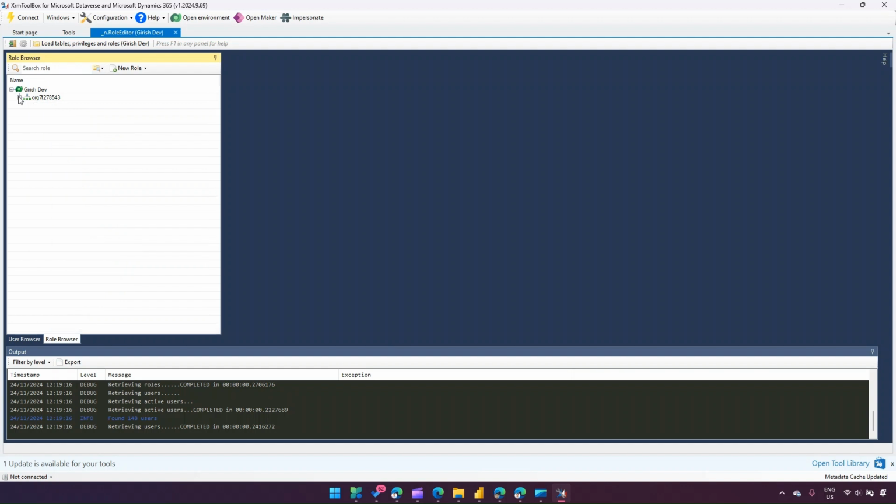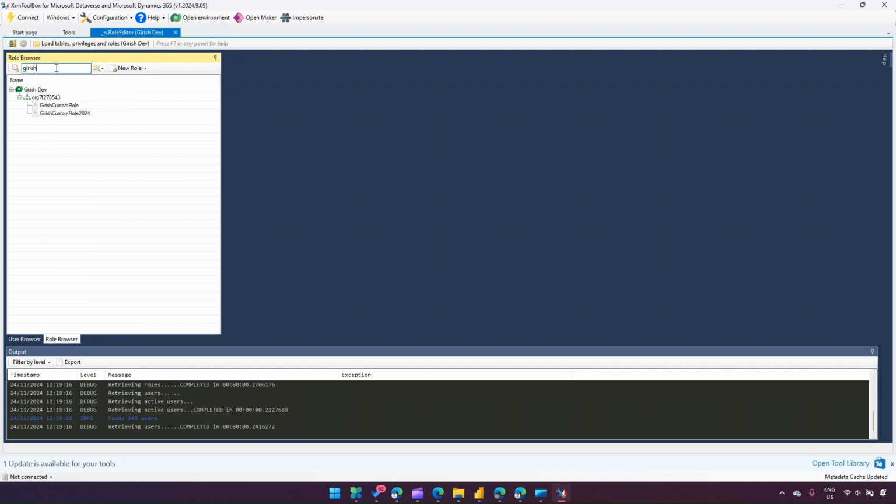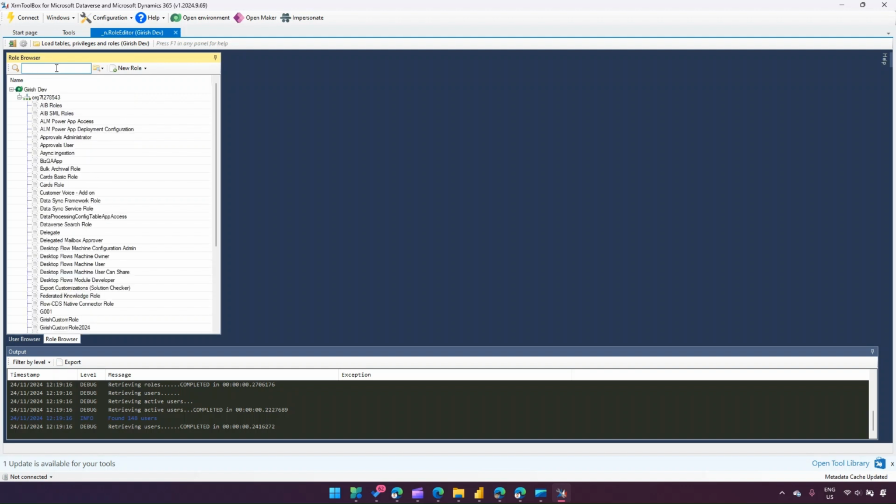And I have one business unit. Now, within that business unit, there are a set of security roles. So I have this custom security role named Girish. I can even search for the security role. If I just type in Girish, I will be able to see the custom security role which I have